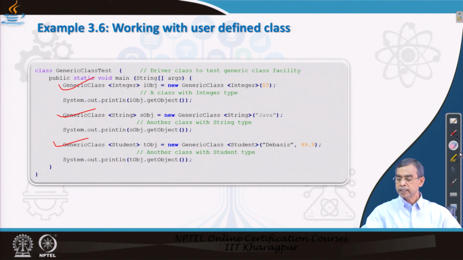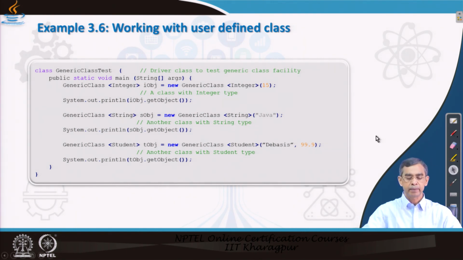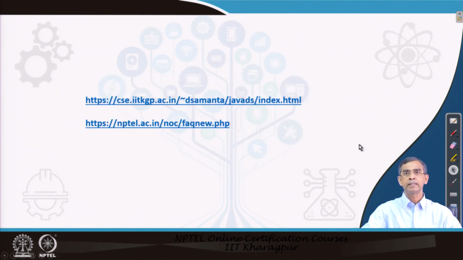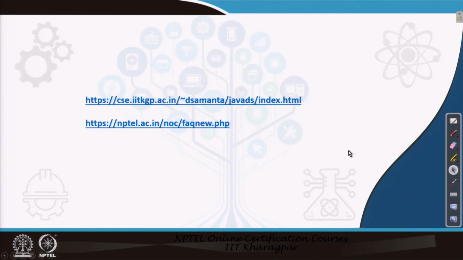So, this way the generic class in fact works for any type of data that you can pass to a program. Your program, instead of being special for only a specific type of data, can be made general, that is generic, in order to work for any type of data. So, this is the way the generic class can be defined, and we have learned about how a class can be declared generic and how it can be utilized.